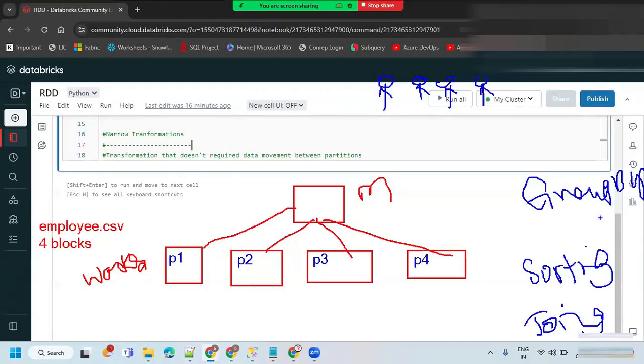So data is going to be swapped between the partitions. If any transformation has a requirement to swap the data between the partitions, we can call it a wide transformation. If that transformation does not require data movement between partitions, then we can say it is a narrow transformation.